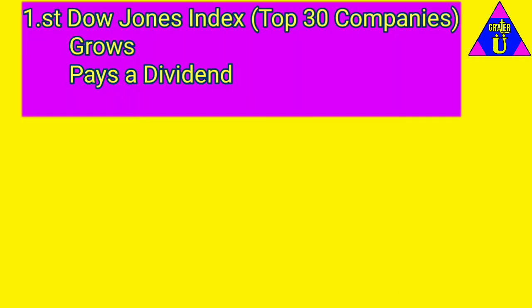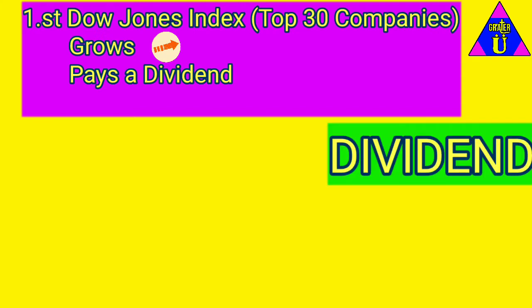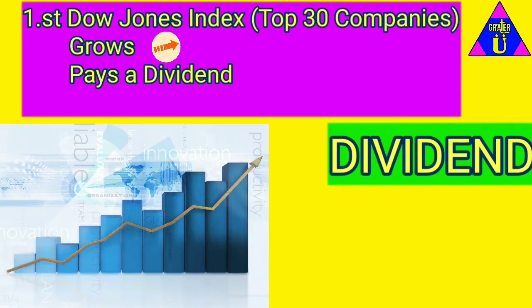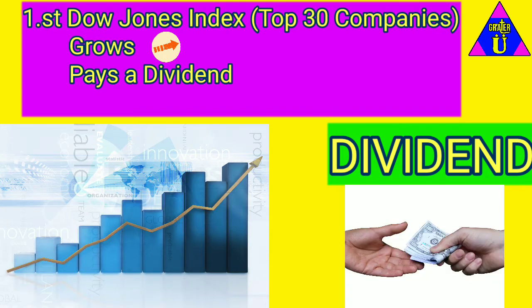Now, the first is the Dow Jones Index. That's the top 30 companies in the New York Stock Exchange. It grows at an average rate and also pays a dividend. And what's a dividend? Well, a dividend is when an established company that has a proven track record, like the Visas, the MasterCards, the Disneys, is going to pay you a portion of their profits every 3